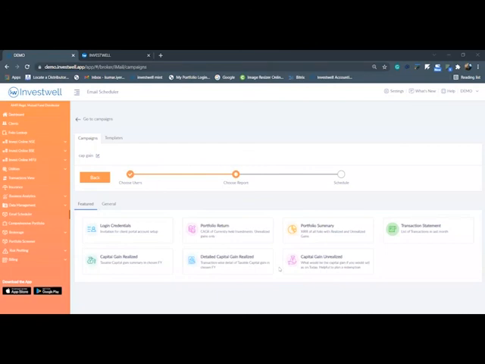Regarding the capital gain report, one of the participants already raised the question. Can I get it automatically scheduled? So you are saying the scheduler. Yes, can I schedule it for a particular day, that means on 1st April, the financial year closing day, and the very next day dispatch the capital gain report to all my clients?